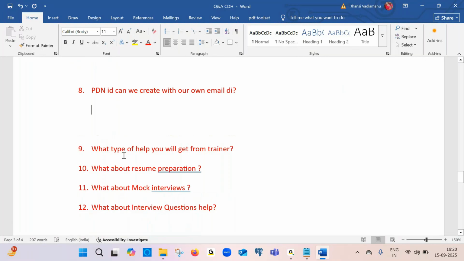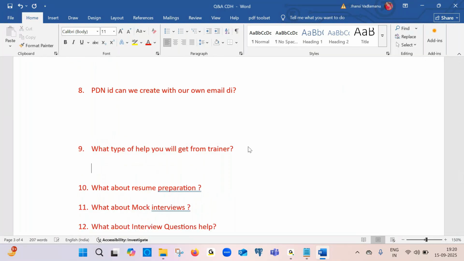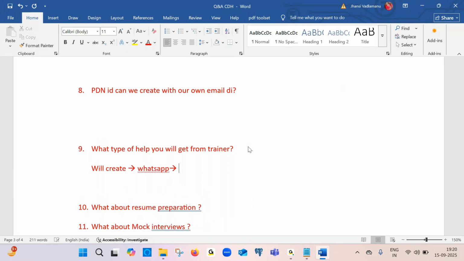And what type of help will we get from the trainer? Actually, after completion of your enrollment, we will create a WhatsApp group. In that WhatsApp group, along with other students, we will add the trainer. Means I also will be there in the WhatsApp group, so that while doing your practice, here and there,